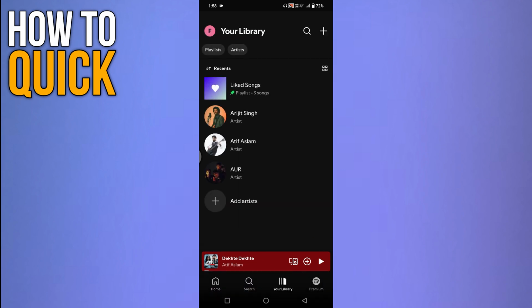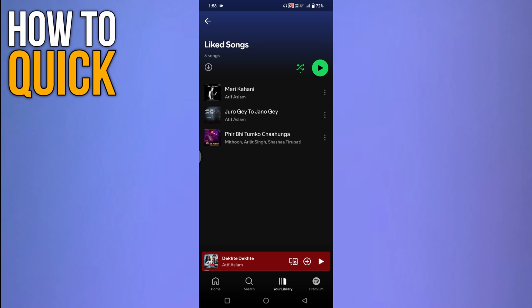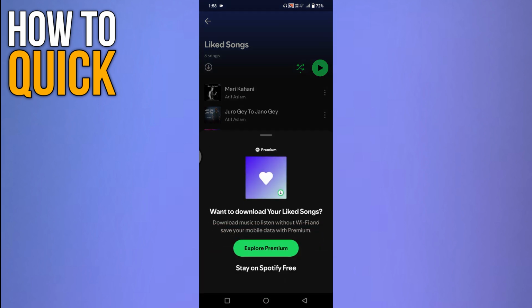Here you will see all the playlists that you have on Spotify. Select the one that you want to download in MP3. Once it's open, you will see the download icon at top left side of the screen. Tap on it. One important thing is that you need to have the premium version of Spotify application in order